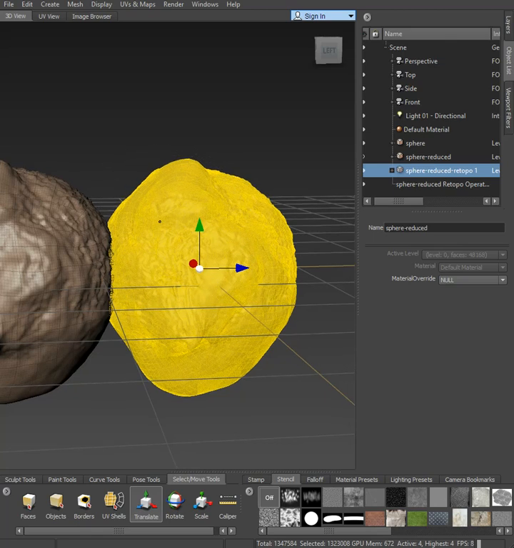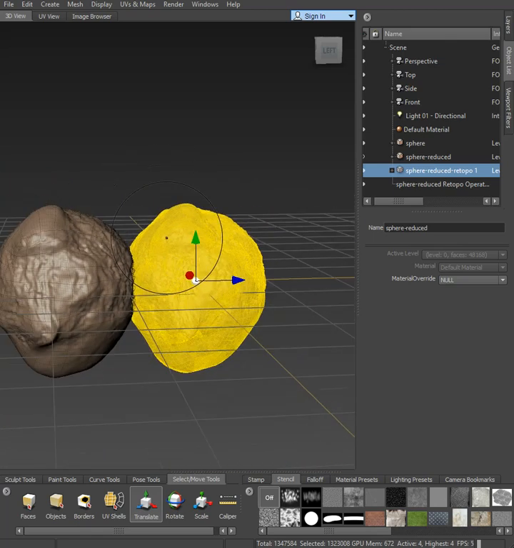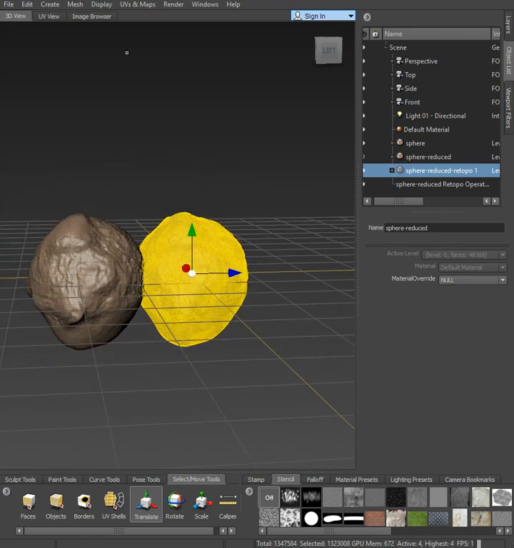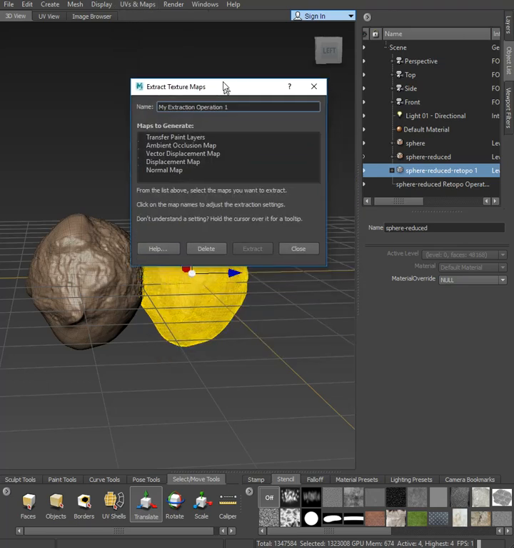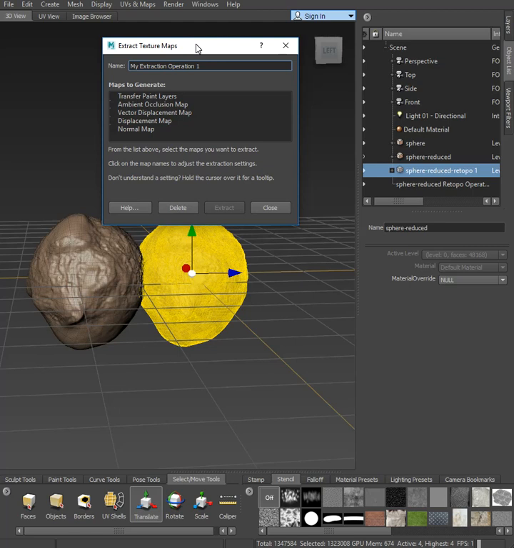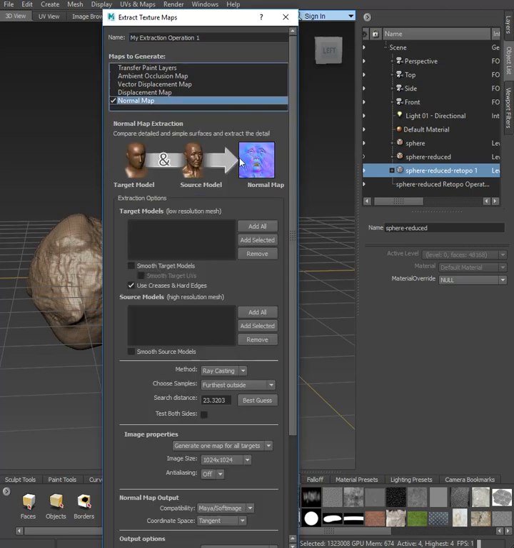Now how about transferring your maps? Okay, so the next step that you're going to take is UV and maps, extract, new operation. Okay, and I suggest that you do them one by one. So let's say that you want to extract your normal map first. What you're going to do is go from the low resolution here to the high resolution mesh. Okay, so notice that it helps you